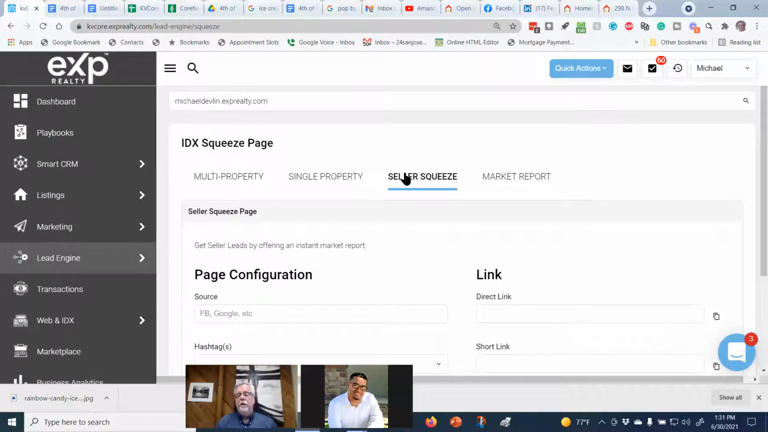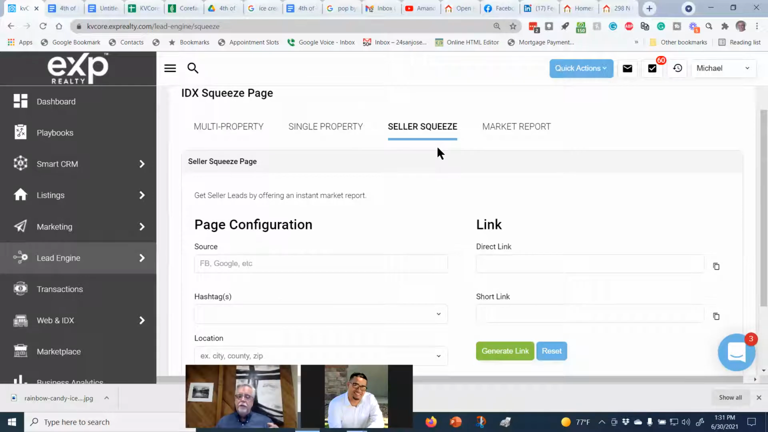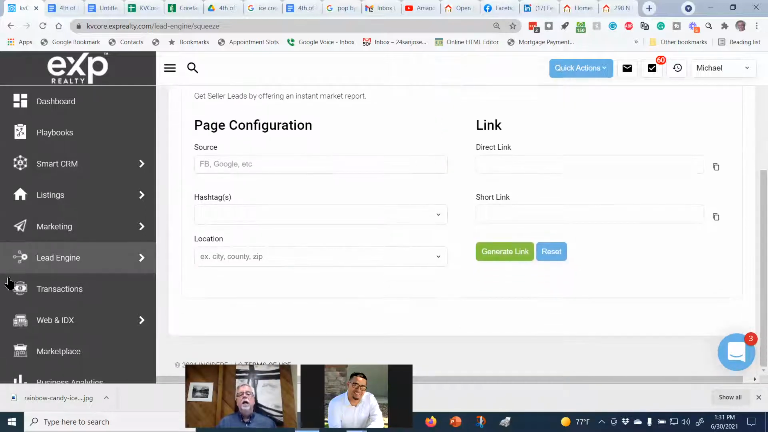And then what everybody really wants to see is a seller squeeze page. By squeeze, what we mean is the goal of the page is to get people to give up their information. A lot of it looks the same, but if we typed in San Jose,